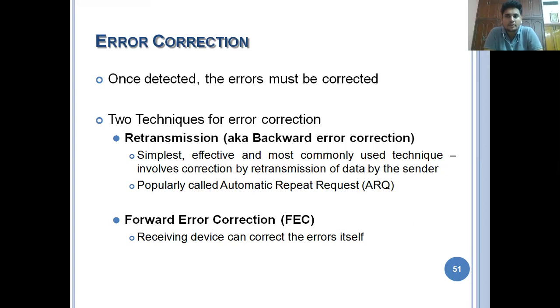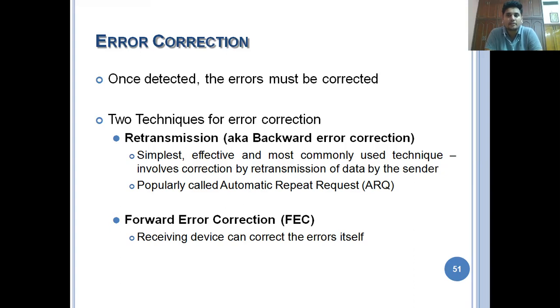To overcome that, longitudinal redundancy check is implemented. In longitudinal redundancy check, every line, whether odd or even, every frame is checked for errors. The third one is the cyclic redundancy check, where we use polynomial expressions. And the last one is the checksum. There we add all the frames and send the sum to the receiver, and the receiver again adds all the numbers, and if it matches, they automatically accept the frame. So that is the checksum.